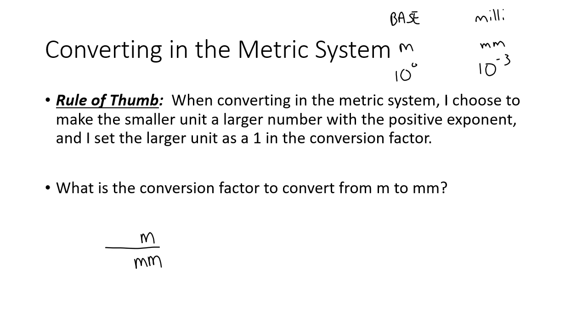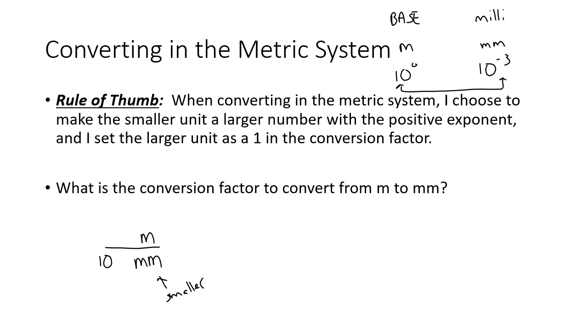in our chart. But instead of writing it as 10 to the negative 3, what I'm going to do is choose the smaller unit, which in this case is the millimeter, because if you took a meter, there are more millimeters inside of it because they are smaller units. And I'm going to write 10 to some power. And the way that I figure out what power it is, I look at how many exponents there are in